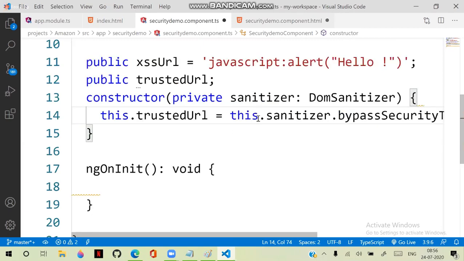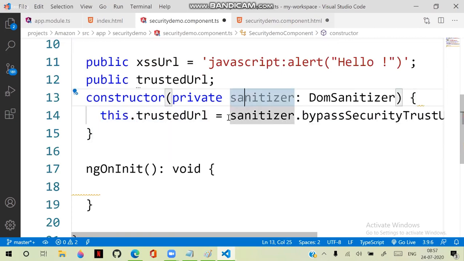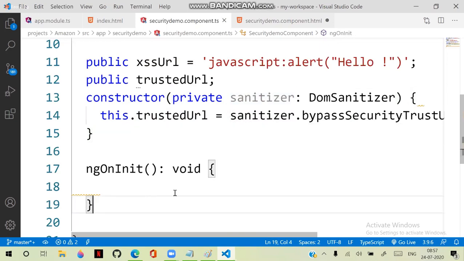The sanitizer can bypass that security. Anywhere you can define and configure that.